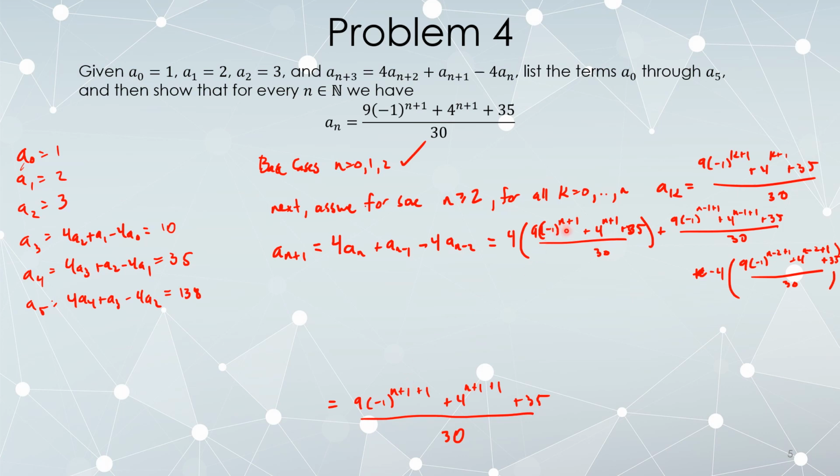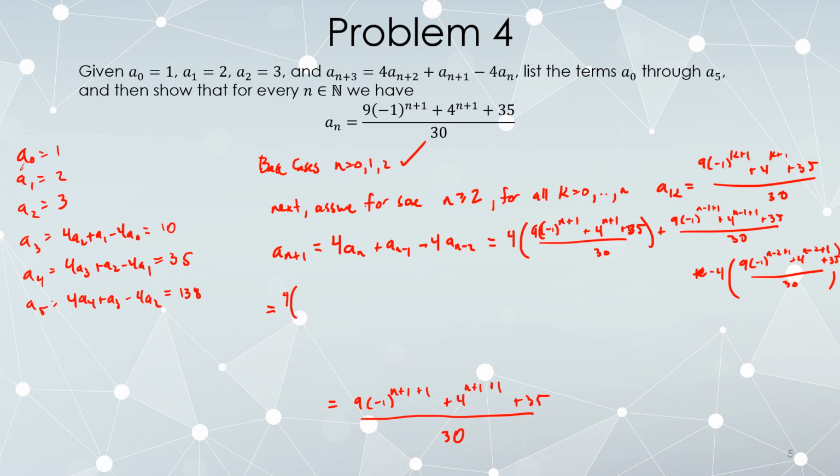So here I'm going to need to adjust by one index, so I'm going to put a minus out here. N minus 1 plus 1 is just n, so this needs to be adjusted by 2 indices, and for a power of minus 1, that's free, so I can just replace this overall with n plus 2. Here I would need to adjust by 3 indices, so n minus 2 plus 1 would be n minus 1. To get that to negative 1 to the n plus 2 would be an adjustment of 3 indices. That's an odd quantity, so I would have to put an extra minus sign out in here. Okay, so equals